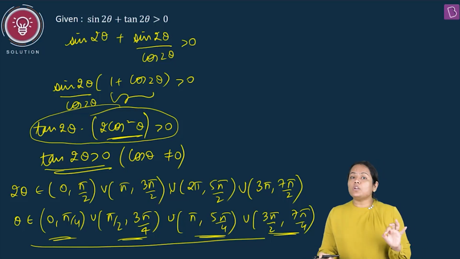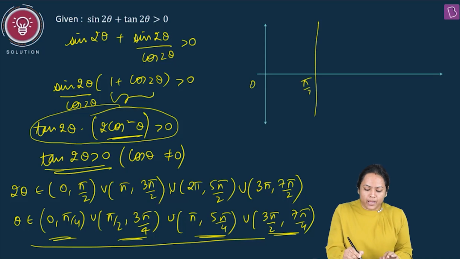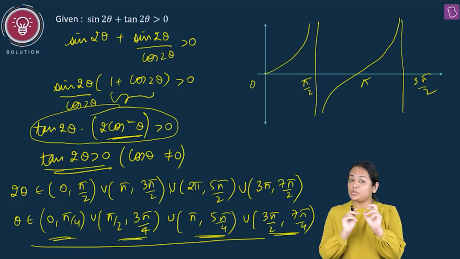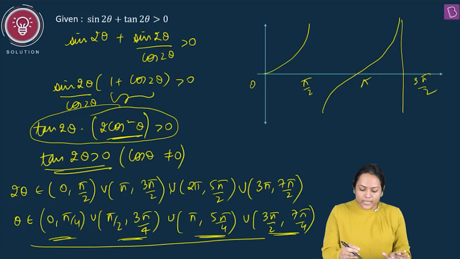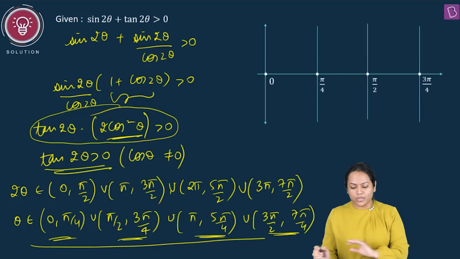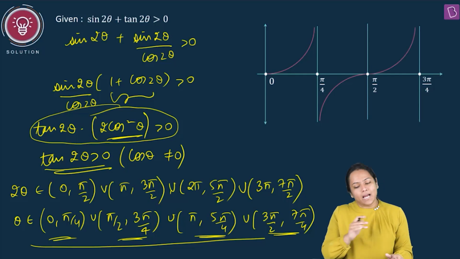Clear? Now, you can also solve this by graph. We can clearly plot the graph of tan 2 theta. You know the graph of tan theta. Well, this is 0. This will be pi by 2. Then I have my another value 3 pi by 2. This is the possible graph of tan theta, right? But for tan 2 theta, the values on the x-axis will get divided by 2. Clear? So when I plot for tan 2 theta, I'll have the set of values as pi by 4, then 3 pi by 4 and so on, and the graph will go somewhat like this, between 0 to pi by 4, then between pi by 4 to 3 pi by 4 it will go like this,